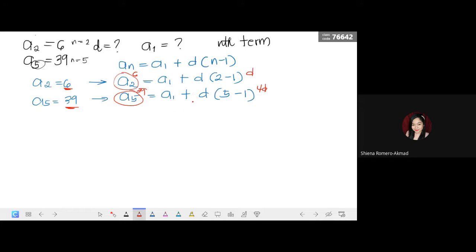So, simplify natin yung equation. Ano magiging itsura niyan? That will become 6 equals a sub 1 plus d, and the other one is 39 equals a sub 1 plus 4d. And then sabi ko sa inyo, we will subtract. Again, pag subtract, change the sign and proceed to addition. So, from positive 39, magiging negative na yan. Lahat ng nasa subtrahend,